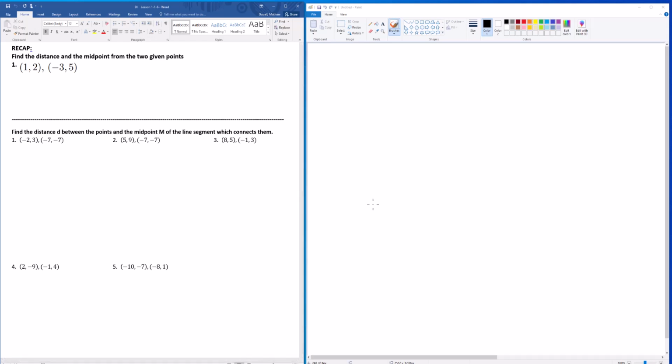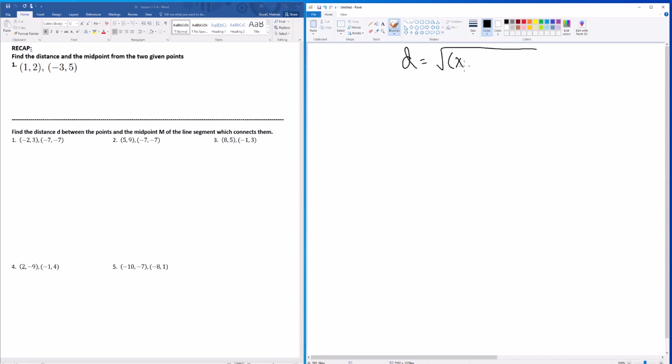Going over DI 116. It says find the distance D between the points and the midpoint M of the line segment which connects them. So it gives us 2 points, wants us to find the distance between the 2 points, and it wants us to find the midpoint. So our distance formula